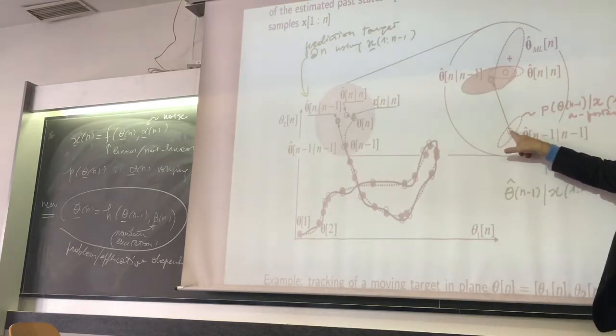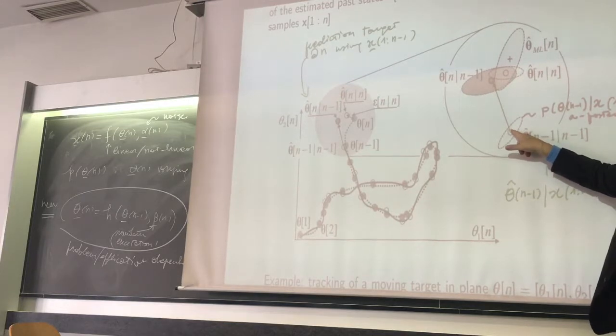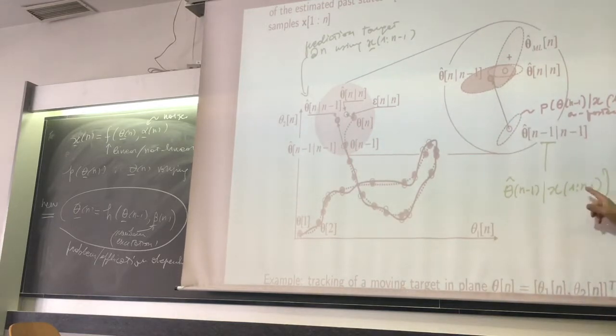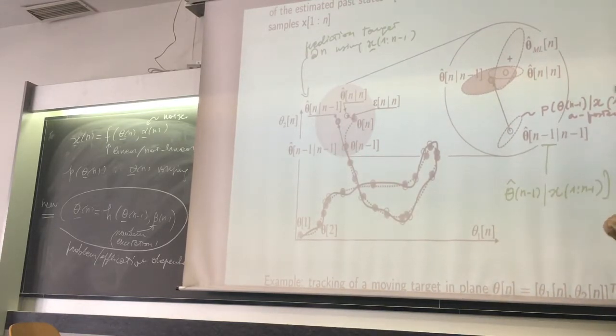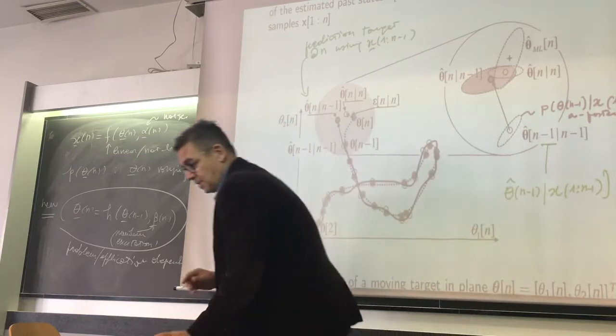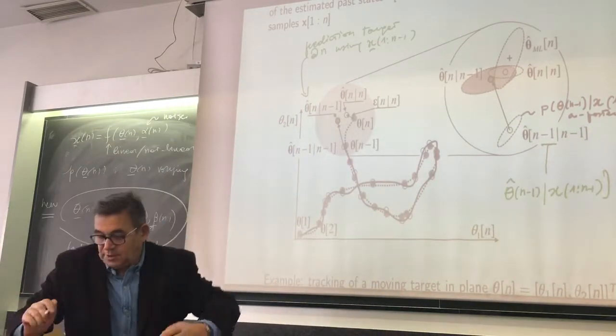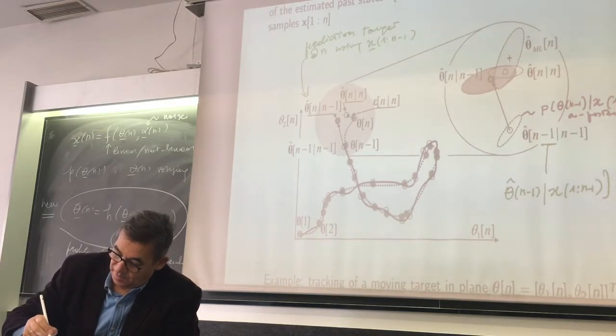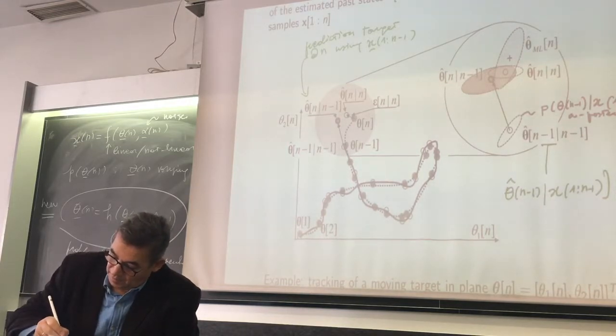So this estimate for the Gaussian setting is the maximum a posteriori, which coincides with the minimum mean square error. This is due to the fact that it's Gaussian. So let me say, if this one is Gaussian,